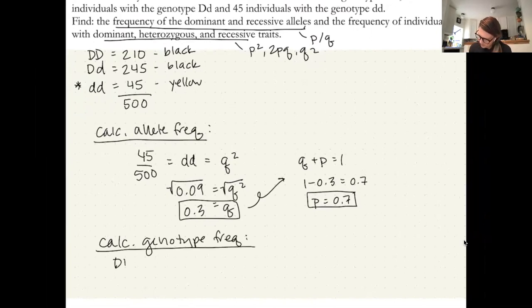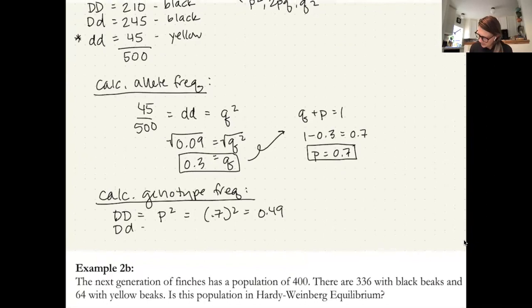We know that homozygous dominant is the same as P squared. So we can take 0.7 and square it to give us 0.49. Our heterozygotes are 2PQ. So that's going to be 2 times 0.3 times 0.7, which is going to give us 0.42. And our homozygous recessive, which we've already solved for, but it's always nice to check our work, is 0.3